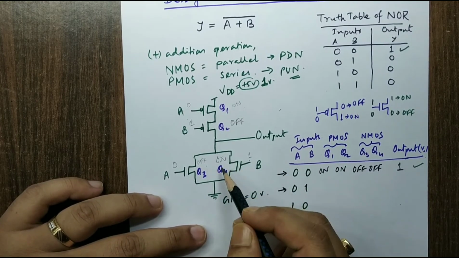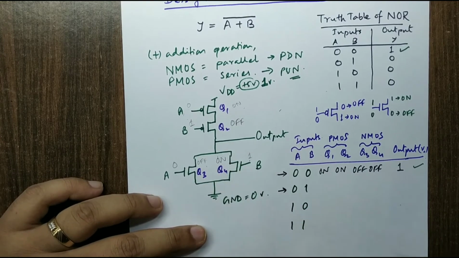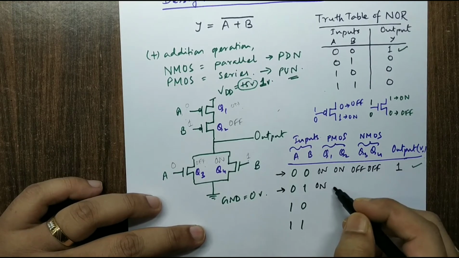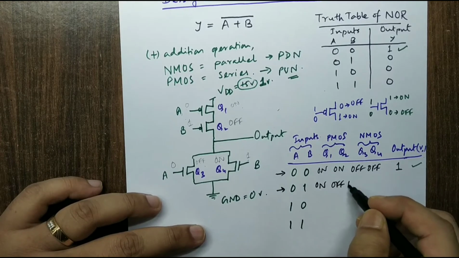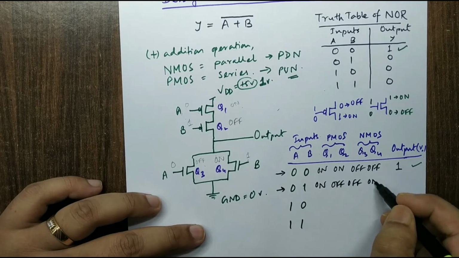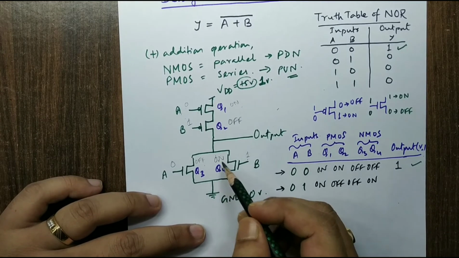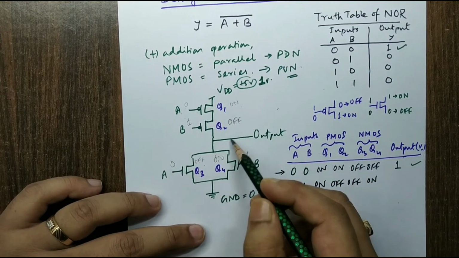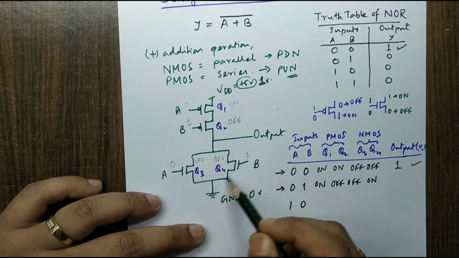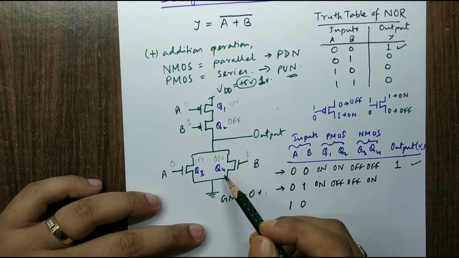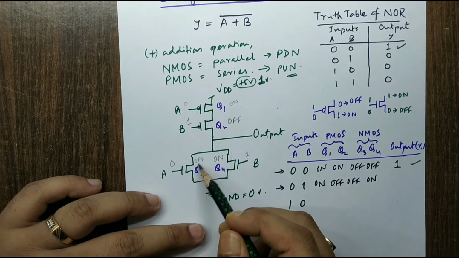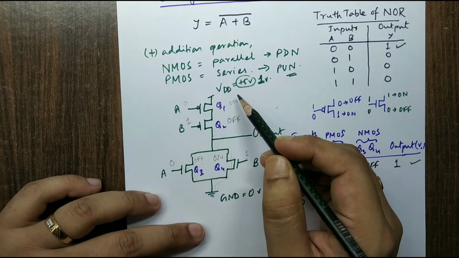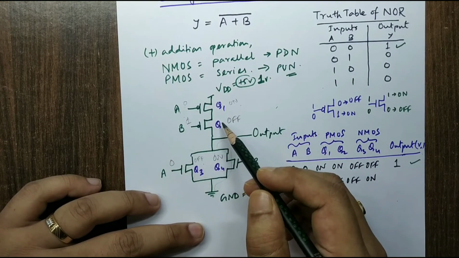Now here comes the part you need to understand. Since Q4 is turned on, let me write down all this. Q1 is on, Q2 is off, Q3 is off, but Q4 is on. Now since Q4 is on, the output can be connected with ground through this line, that is through Q4. Whereas this line is already cut off because this is off. Here the output cannot be connected with supply. Why? Because your Q2 PMOS is gone.